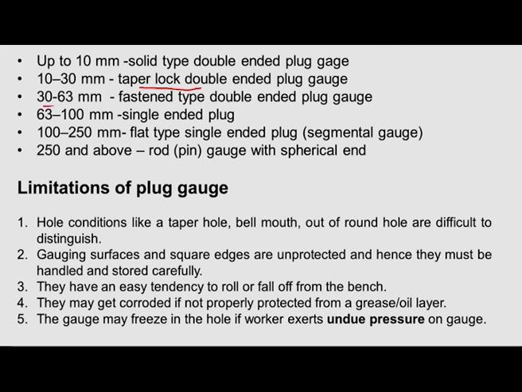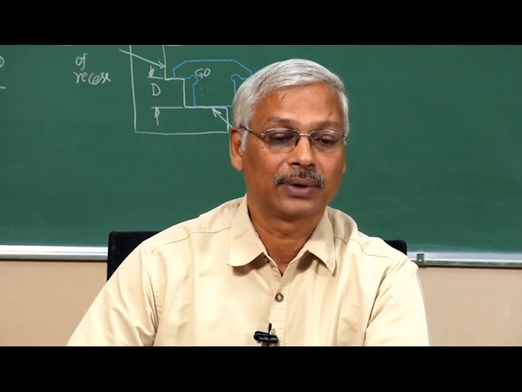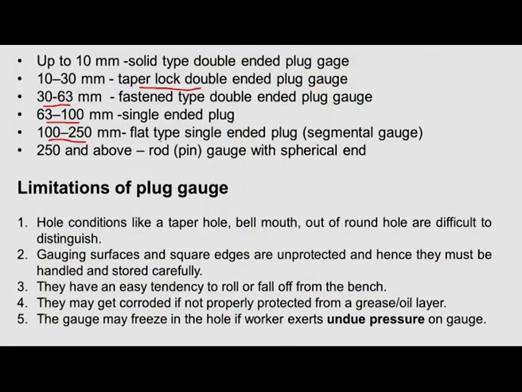From 30 to 63 millimeter, fastened type double ended plug gauges are used. They are not taper lock, the ends are fastened to the handle. And then from 63 to 100 millimeter, single ended plug gauges are used. So we need to have two gauges, one for go limit and other no go. And from 100 to 250 millimeter, flat type single ended segmental type plug gauges are used, and above 250 and